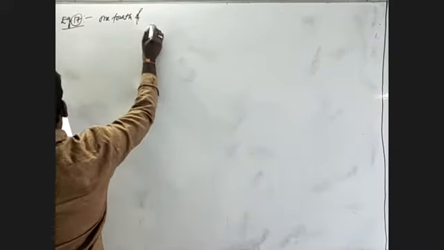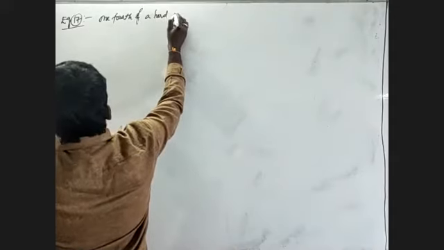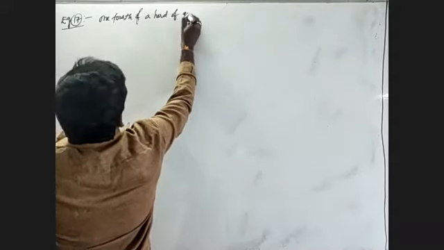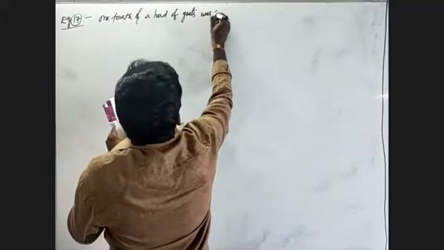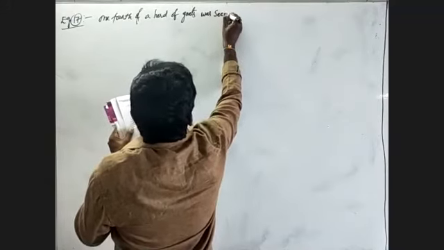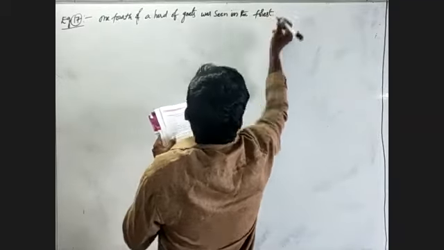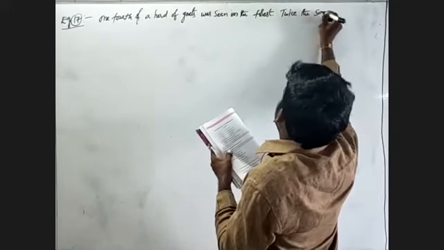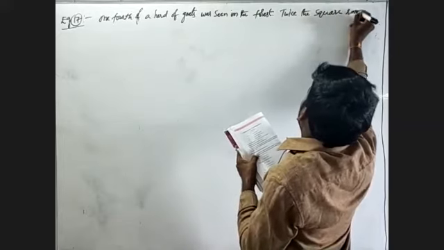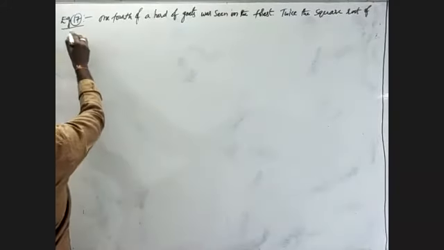One fourth of a head of goats was seen in the forest. Find the square root of the number